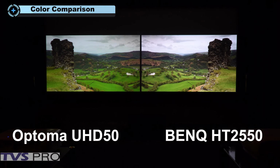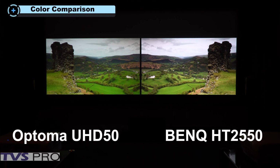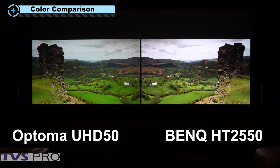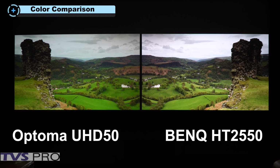In this image, again being upconverted from 1080p, this is another slide from the shootout disc and is a good one for evaluating greens. And greens is one of the areas we found one of the most significant differences between